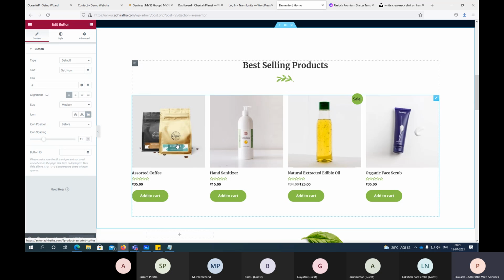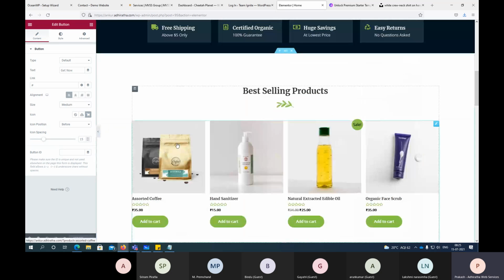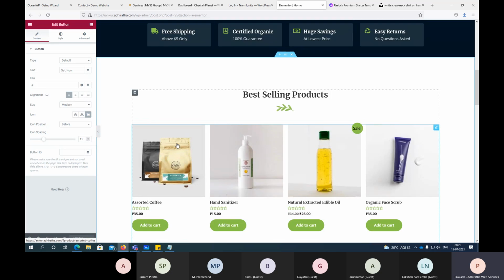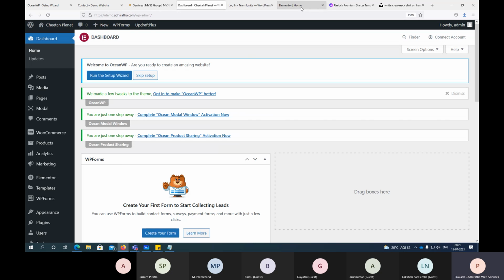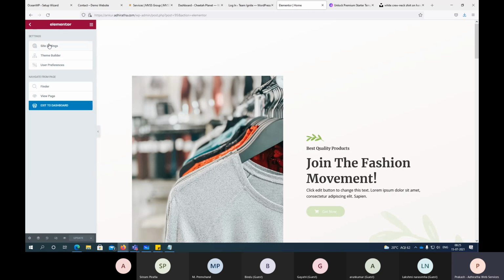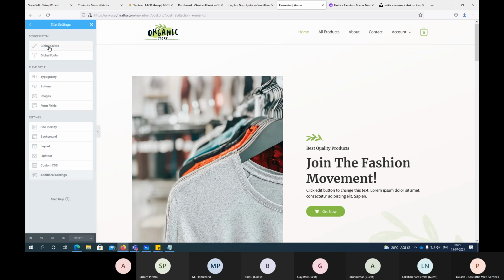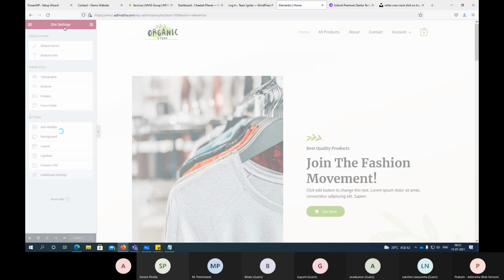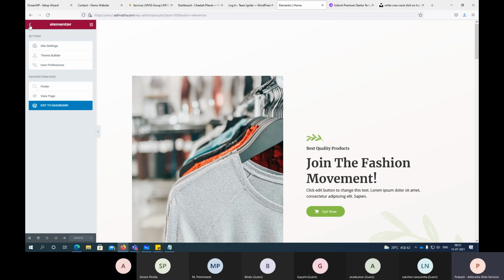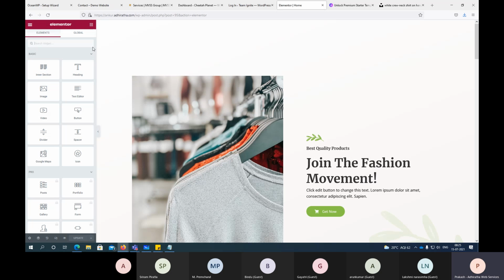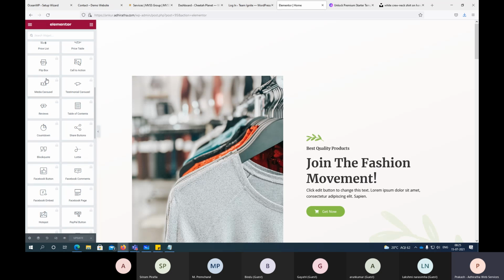So what we can do is, instead of showcasing all this editing, simply I can go here and exit to dashboard.